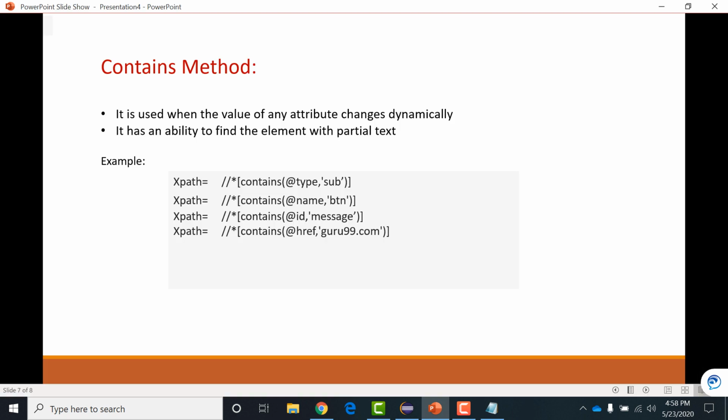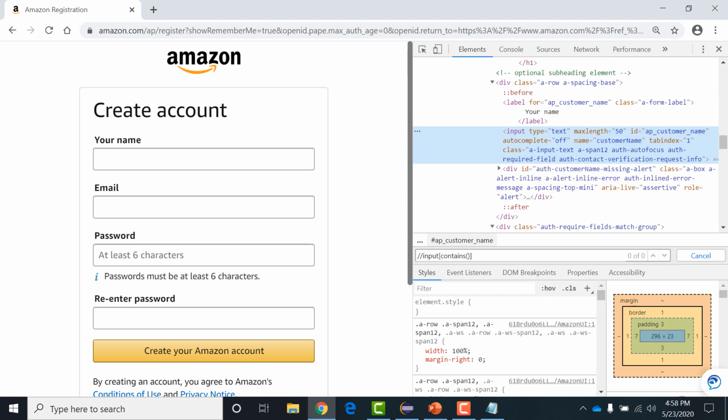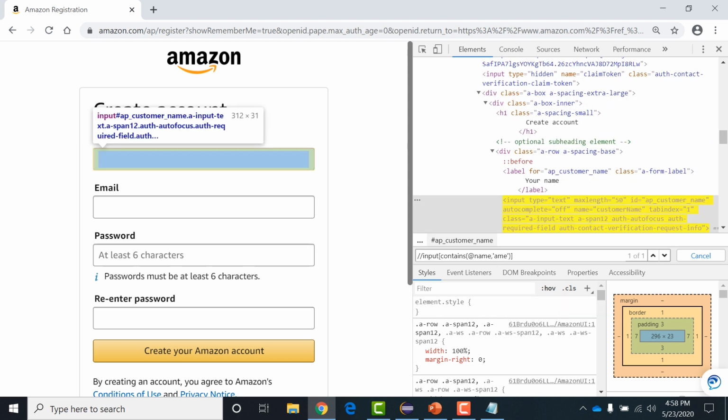See the syntax: your attribute and value. What is the attribute here? I am taking the attribute as @name. Then comma, not equals to, that you have to remember. And I want to give the value as name. Now this should be capital.